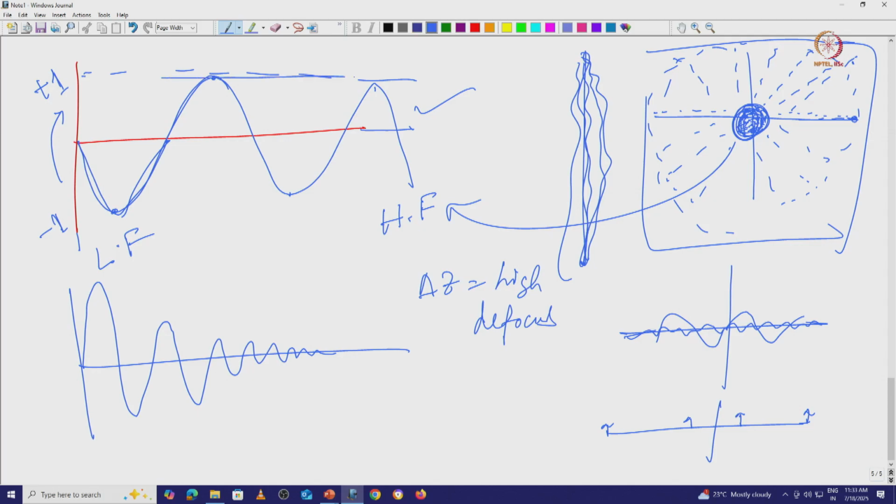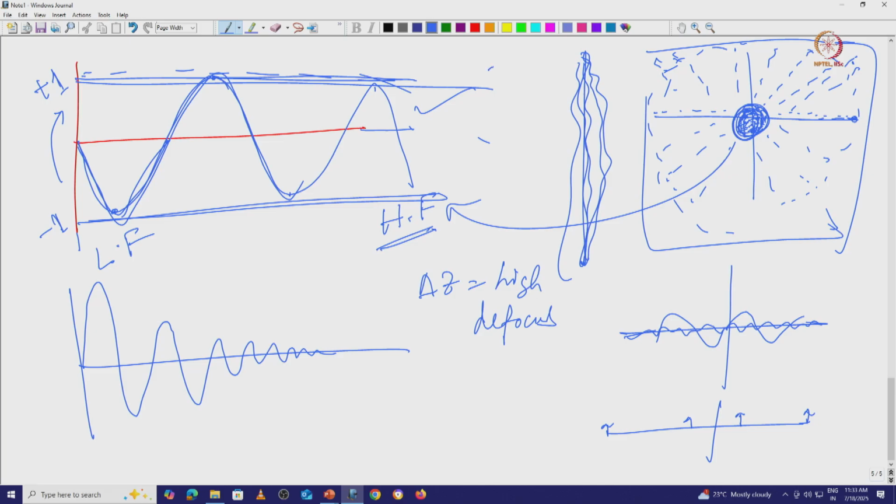Here you can see all the amplitudes are the same, but that is not possible in a real scenario. If I am talking about the high frequency signal, for the low frequency signal your amplitude will be good enough, but if you go far away from the center, your signal will go down, your intensity will be low, your amplitude will be low. That is the reason it cannot be a fixed amplitude like that. So, that is called the envelope function.